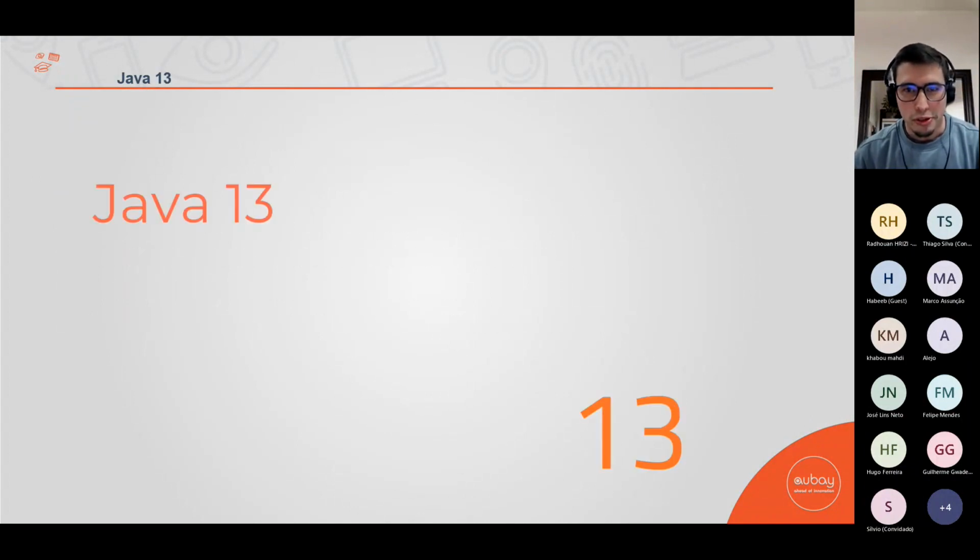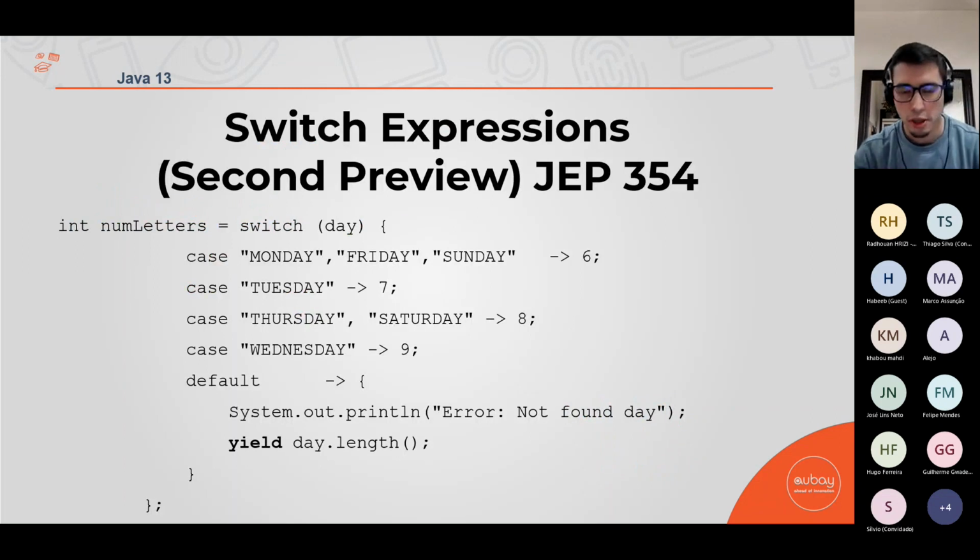And okay, about Java 12 is that. Of course, for some versions, I don't have a lot of things to bring. And we also have a thing called preview, second preview, third preview. So in some cases, for example in this case, I will bring you the second preview. But of course, the first preview was done in the previous version, okay? And why do I bring this second preview for you? Because of the yield, a special variable, okay, a special thing.